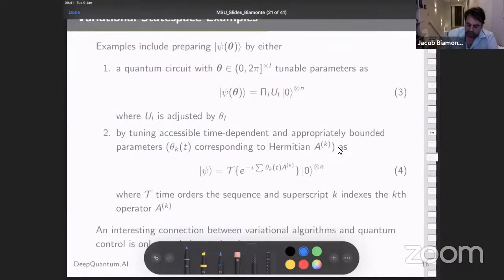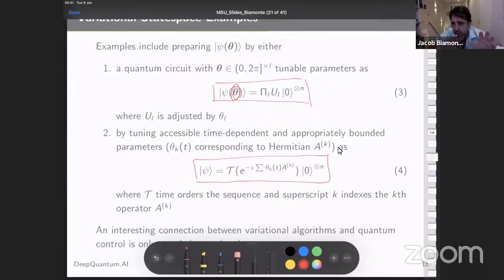Now, just to give a good example of this, to say one more time, we already talked about what this is. We prepare some family of states that we can vary over. Depending on your system, you might want to describe that like this. An interesting connection between variational algorithms and optimal control can be made by allowing the quantum computer to optimize itself instead of having to simulate this using optimal control. It's very important, actually.